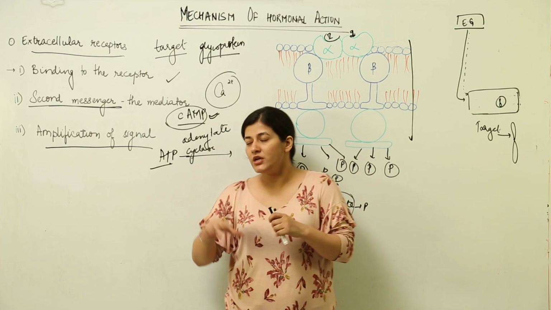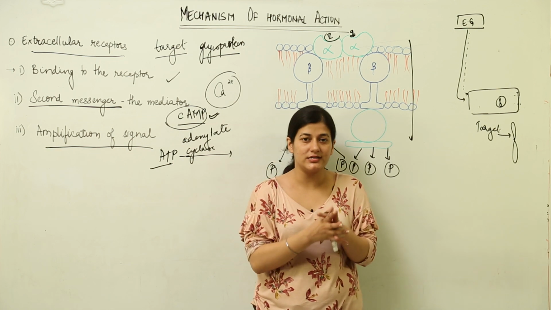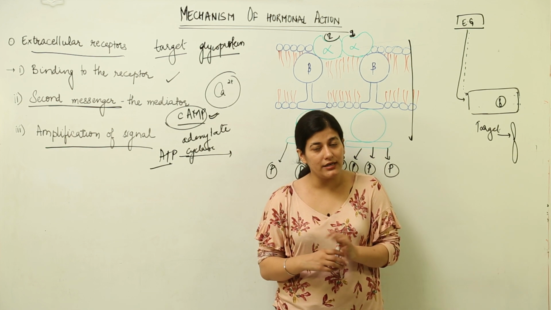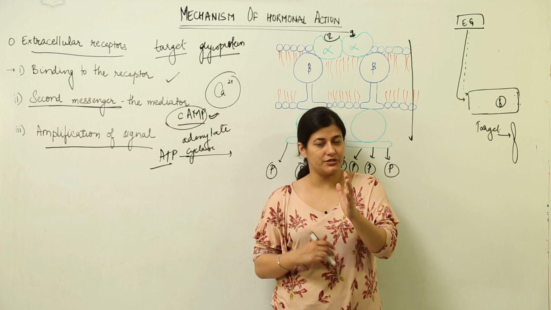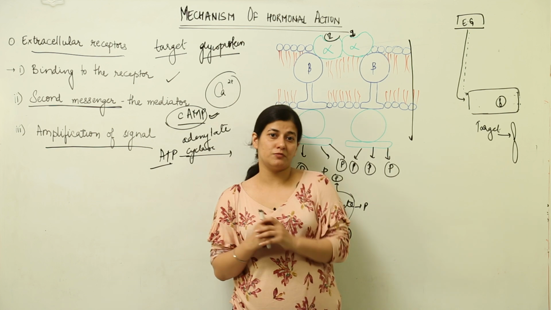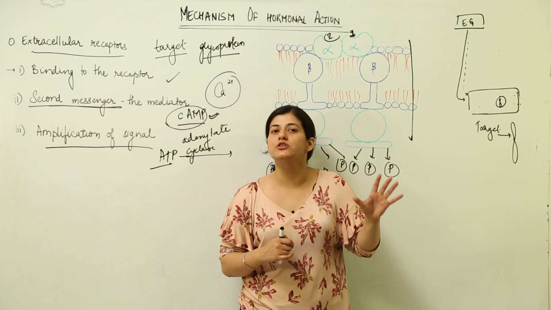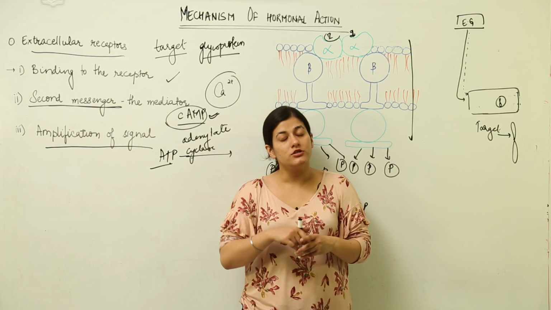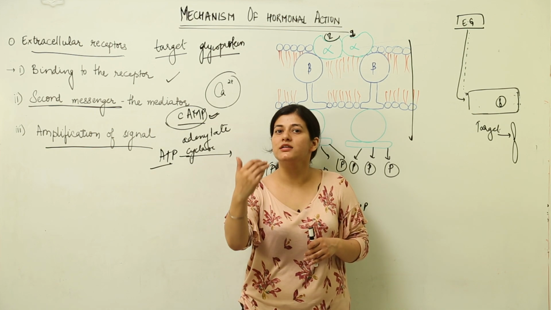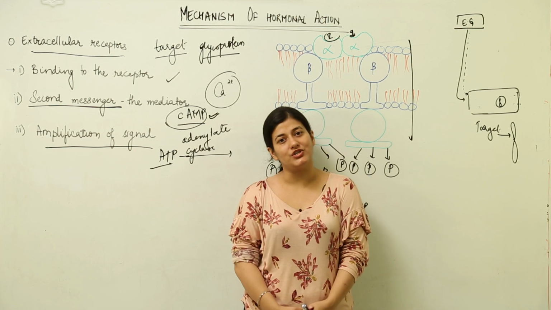You need not get into detail how the amplification takes place, because it is altogether a metabolic process that you would have to understand. It would involve glucose formation if we take the example of insulin. All you have to keep in mind is how the extracellular receptor is responsible for formation of a second messenger that brings about the changes. The hormone itself stays outside. It is not responsible for bringing any change inside because it cannot pass the membrane. So the metabolic change information that it brings is passed on to a messenger. That messenger brings about those metabolic changes and our hormonal action is completed.